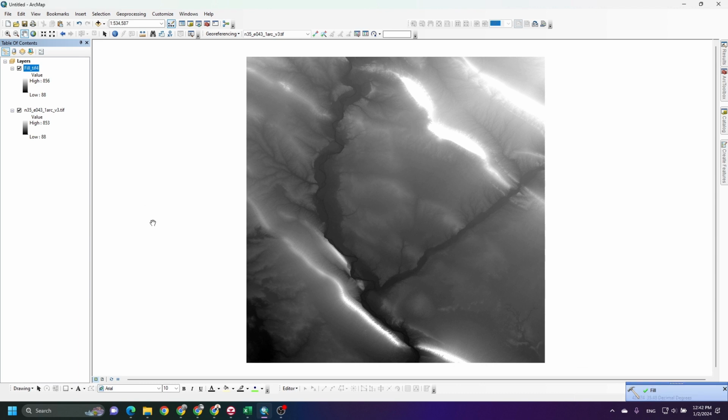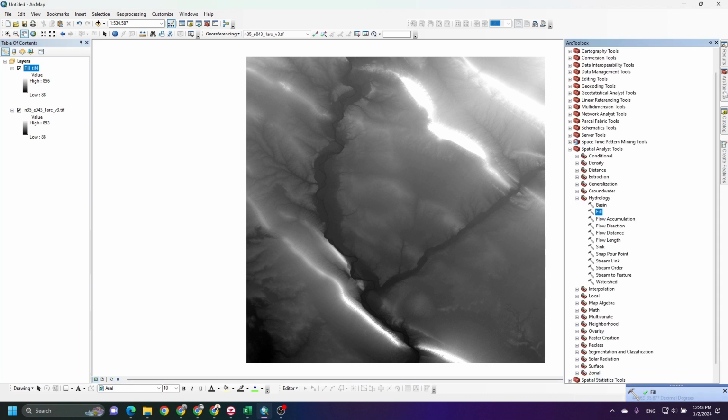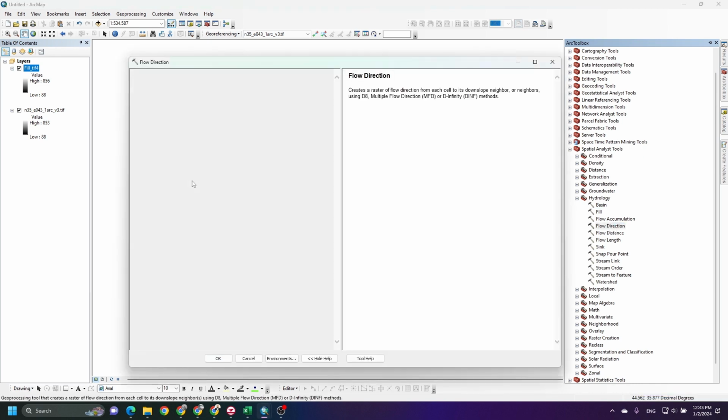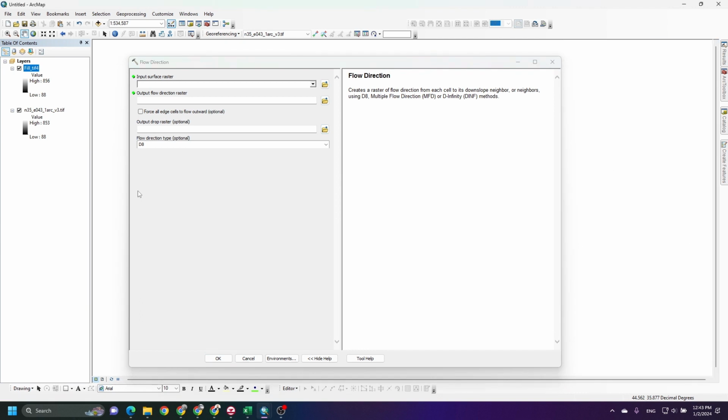Yeah, it seems to be successful. And the second one, we are going to define the flow direction. In the flow direction, in the input surface raster layer, we have to input the filled DEM that we have made in the previous step.